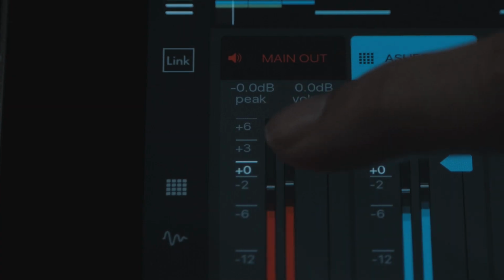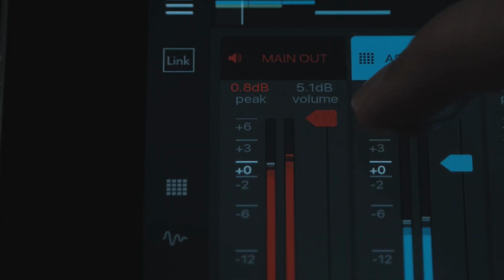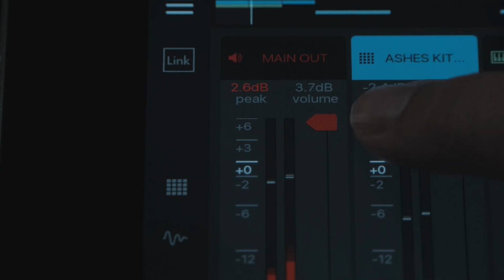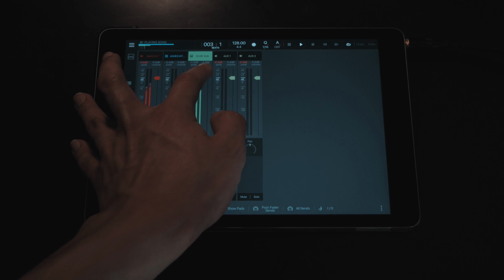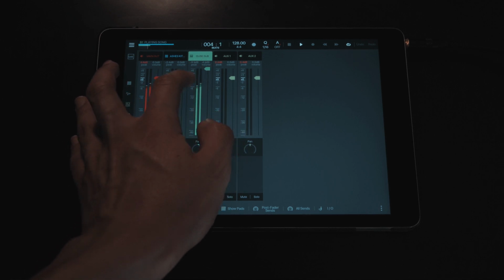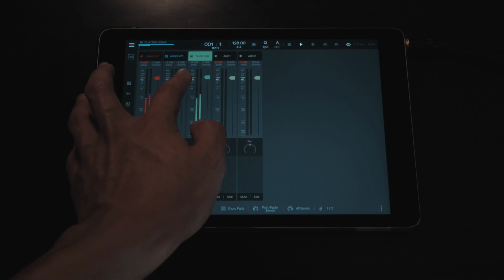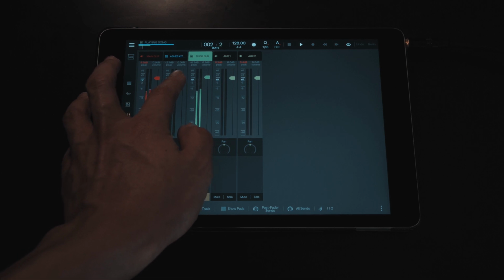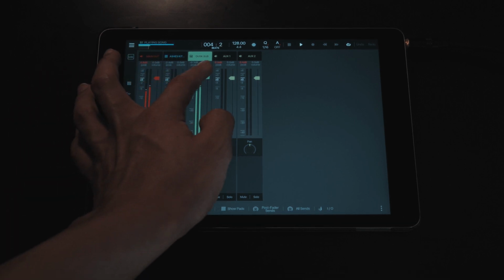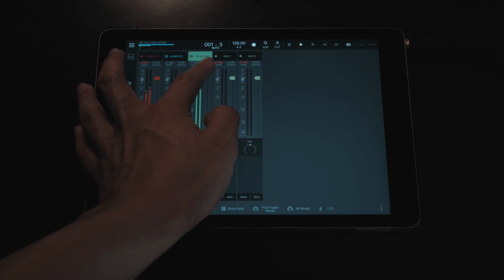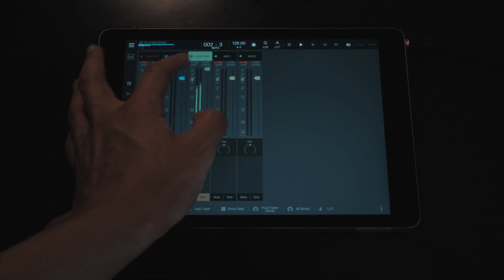Under the track icons at the top, we can see specific readings for our two main forms of volume, peak volume and source volume. Your source volume is determined by the initial loudness of your recording, and can be affected by adjusting your audio levels. The peak volume meter shows the level of perceived loudness while processing that source volume. So peak volume helps you determine if something will be too loud or soft in the final export.